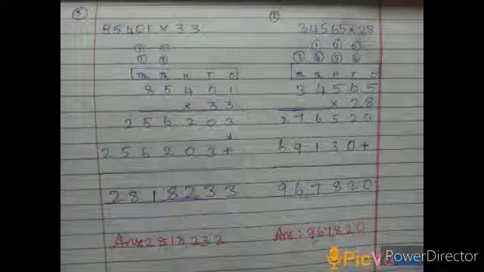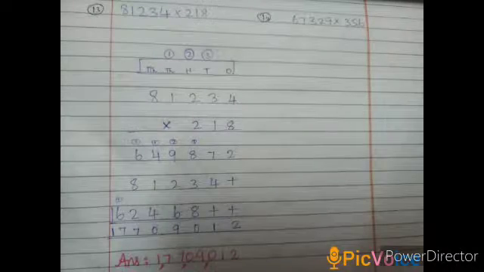Now you can add. 3 in the ones place. 0 plus 3 in the tens place. 2 plus 0, 2 in the hundreds place. 6 plus 2, 8 in the thousands place. 5 plus 6, 11, and 1 should be carried over in the ten thousands place. 2 plus 5, 7, 7 plus 1, 8, and the final one is 2. The answer is 28,18,233.